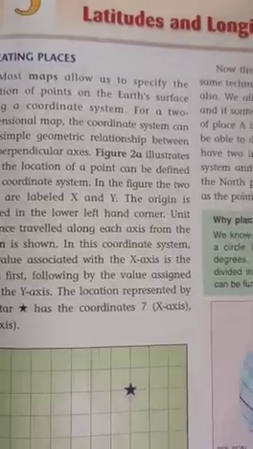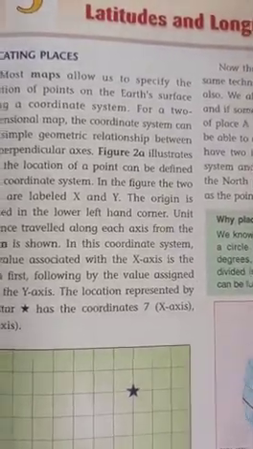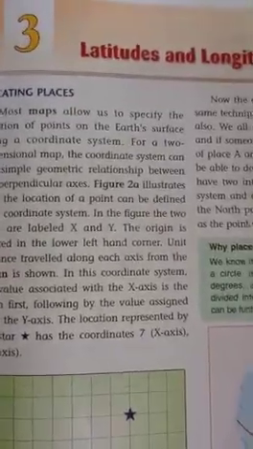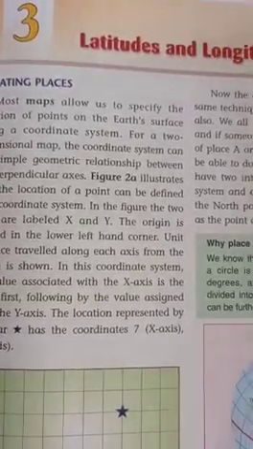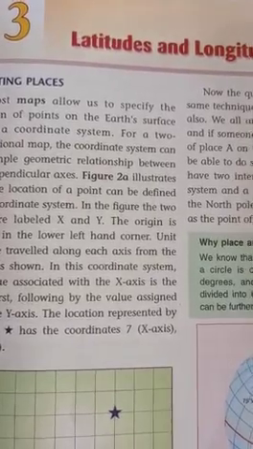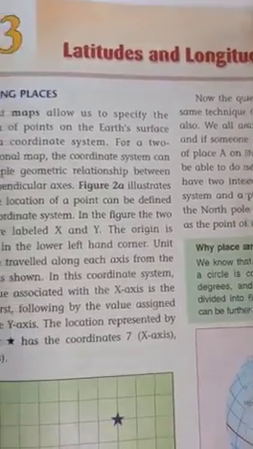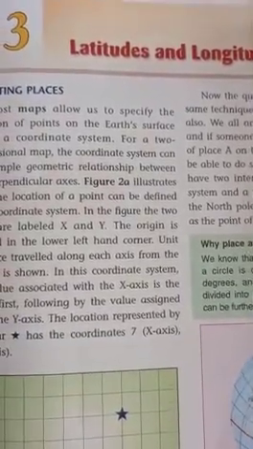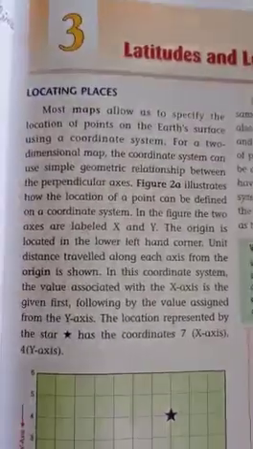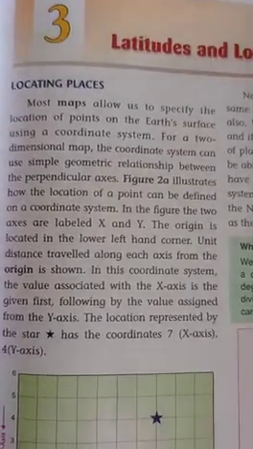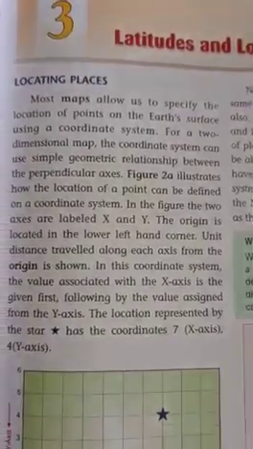The spherical representation of the earth is called the globe, and a globe is a small model of the earth which represents continents, oceans, countries, etc. It is very easy to locate a place on a flat surface with reference to another place, because we can't see the whole of the earth at once. That's why we use a globe.